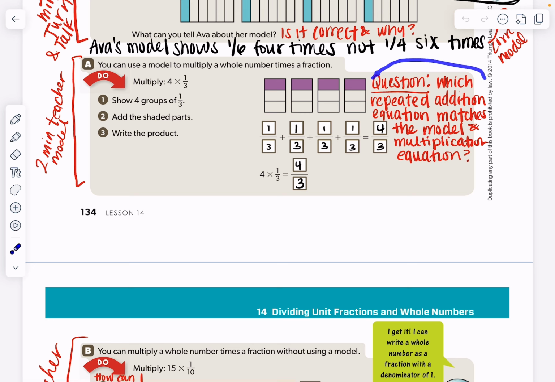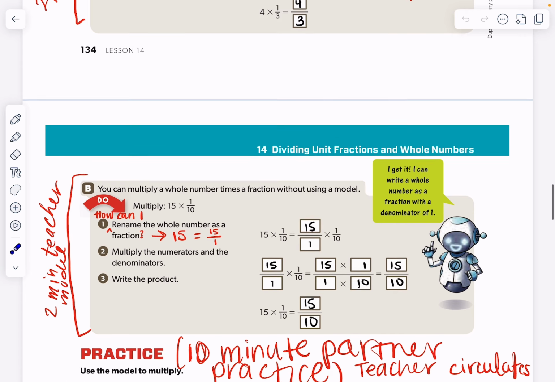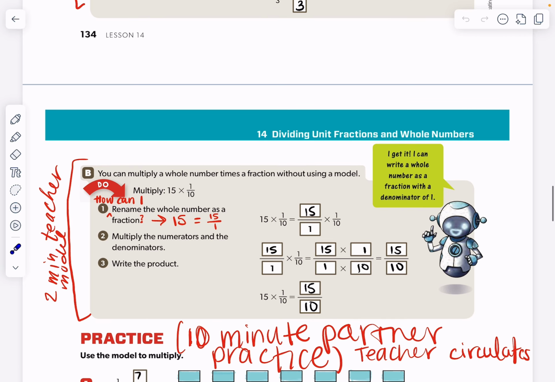So here's this question again that we'll be asking students. Which repeated addition equation matches the model and multiplication equation? Students should be able to come up with this based on the model that has already been provided to them. And then the last model that you are going to do is just around how students solve these types of questions procedurally, right? So 15 times 1/10,